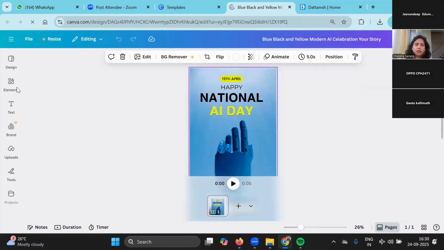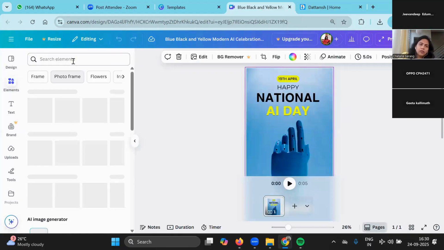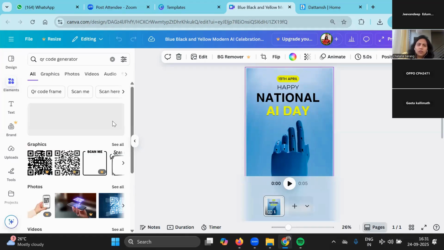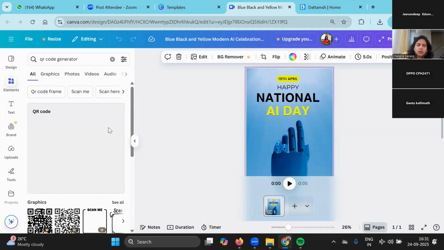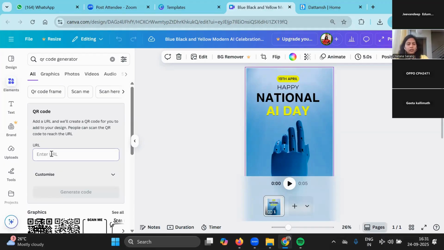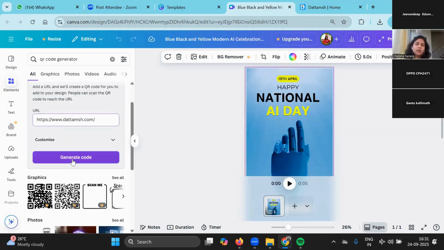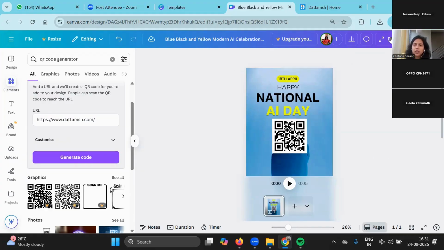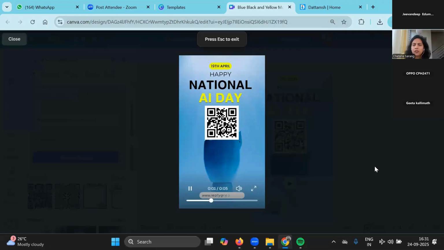I'll click on elements. Here in the search elements, I'll write QR code generator. If I just write QR, it will suggest QR code generator. So you can choose any one of these. I have to give the URL here. The Dattamsh website, I'll give it here. I'll say generate code. So the code is here. I can display it on the projector of my school, so all those participants can scan it without having to